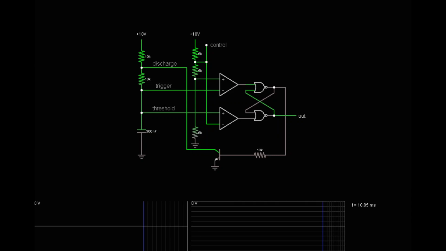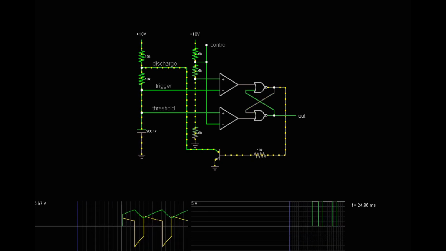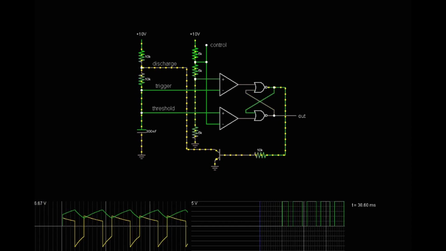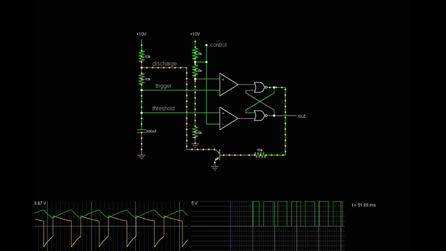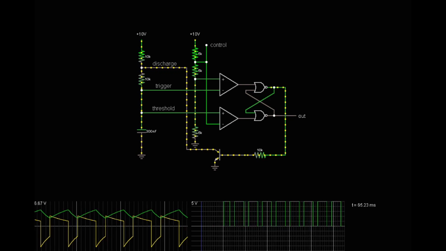555 timer IC, internal block diagram. Voltage divider. Between the positive supply voltage, VCC, and ground, GND, is a voltage divider. It consists of 3 identical resistors, 5 kiloohms for bipolar timers, 100 kiloohms or higher for CMOS, creating reference voltages